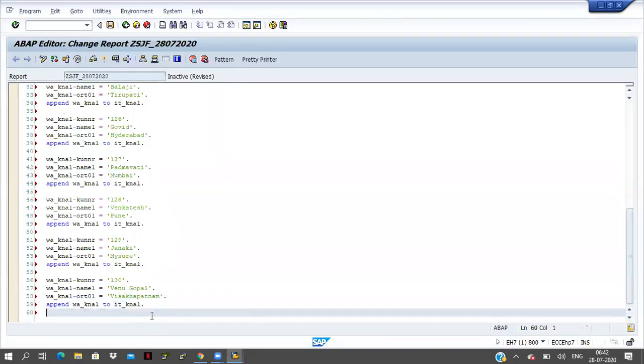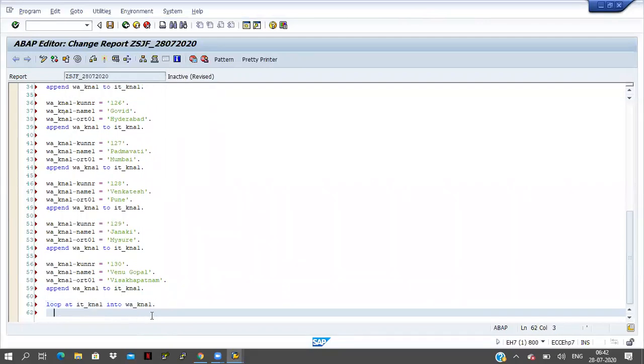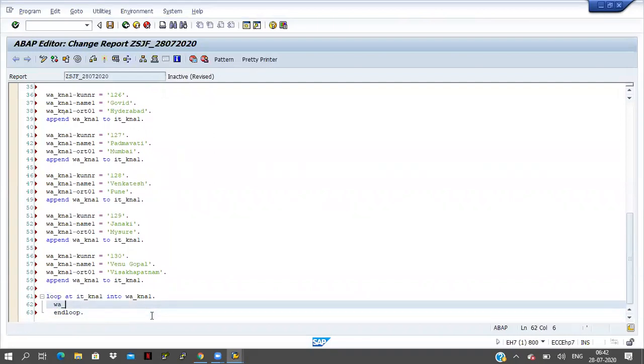Now I will display the data. Work area KNA1 hyphen NAME1, comma, work area KNA1 hyphen ORT01.